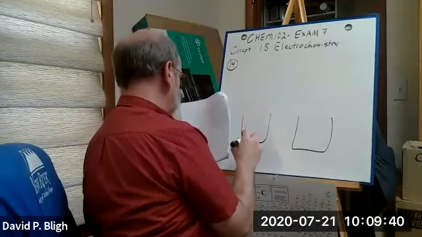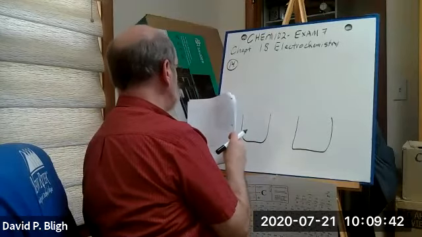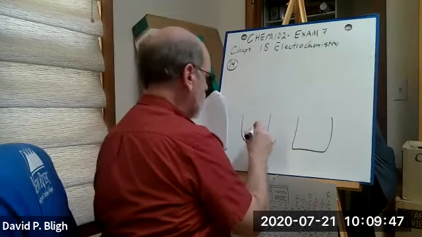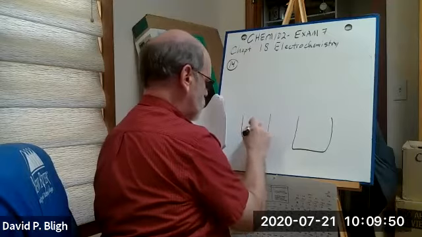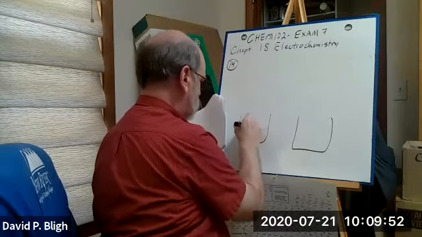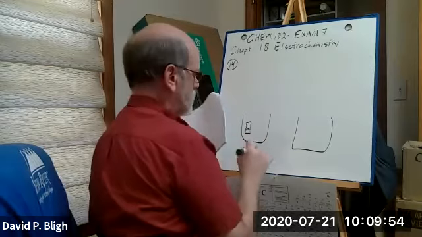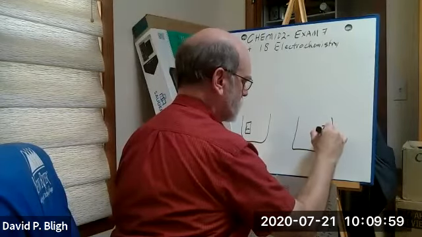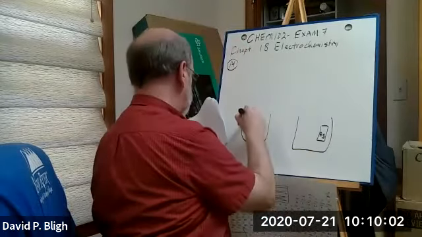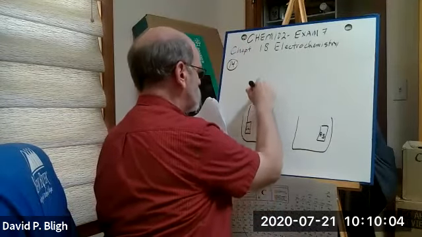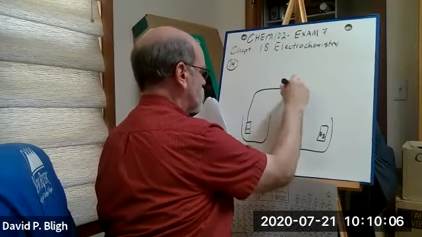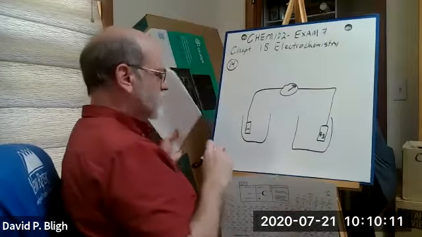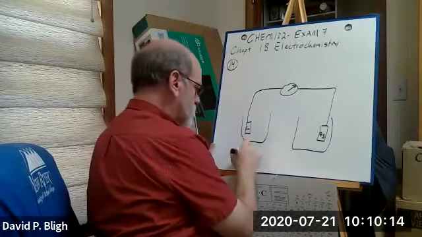So this would be copper here, and silver here, and they're connected with a voltmeter, okay, which means if this is the anode,